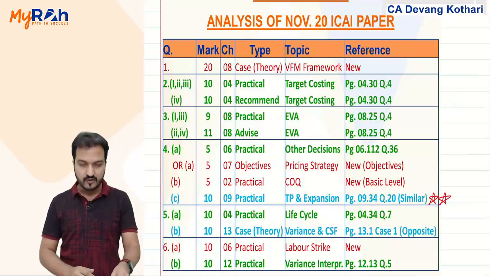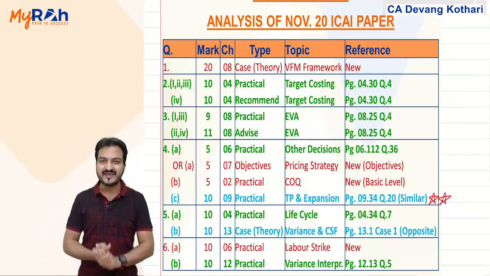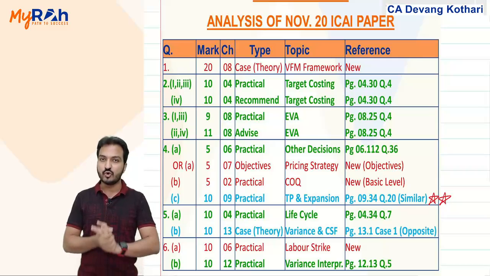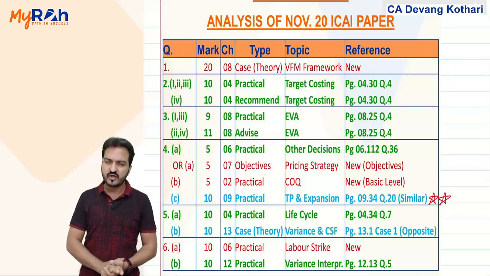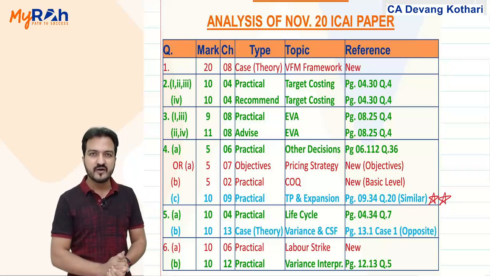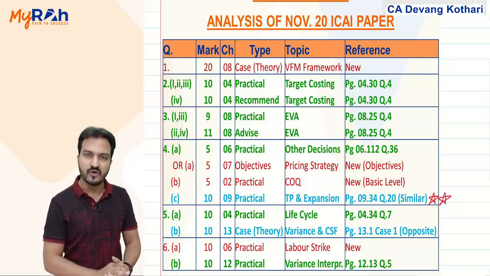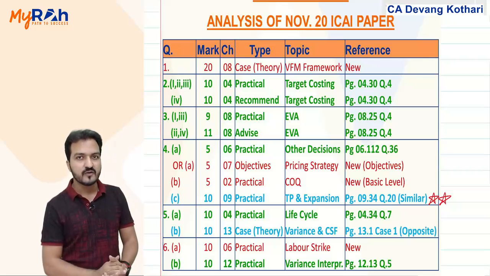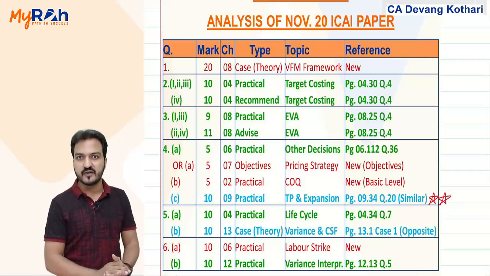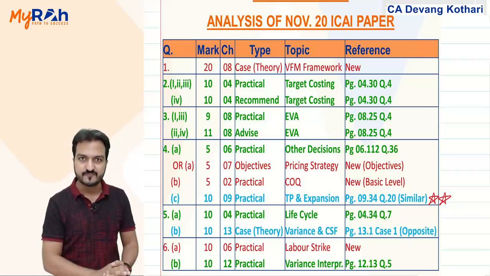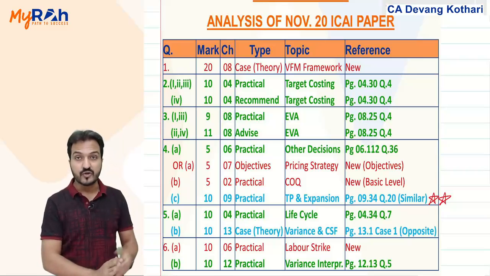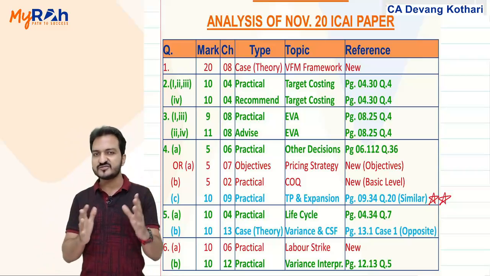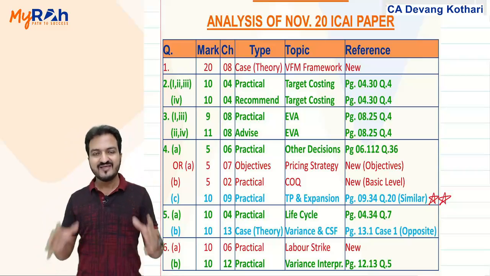That completes your discussion of the November 20 ICAI paper, SCMPE subject. So overall, I can say that the paper was pretty good. In fact, the paper was very easy. But the only problem was that, while answering the paper, you might have experienced that the paper was pretty long. So those of you who did not experience answering the paper, looking at my discussion here, you might feel that the paper was very easy. Apparently, yes, it was. But you know, during the exam,